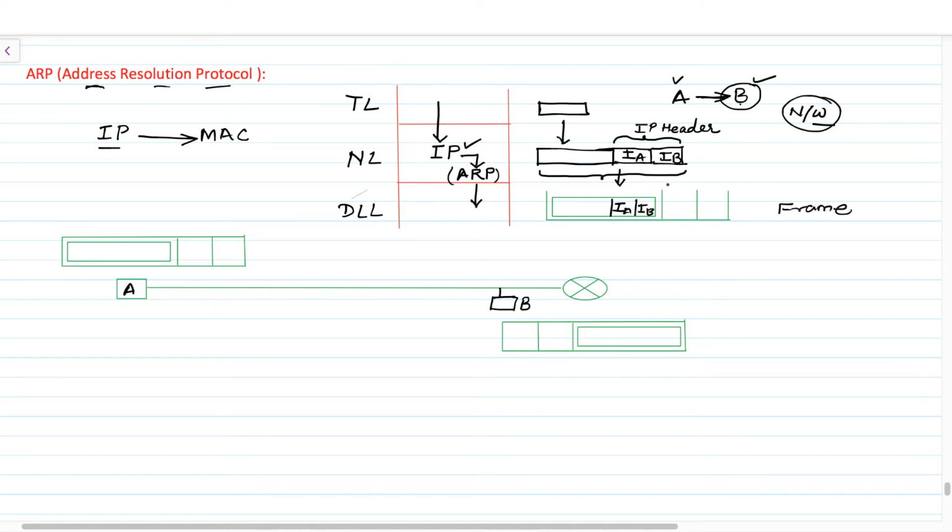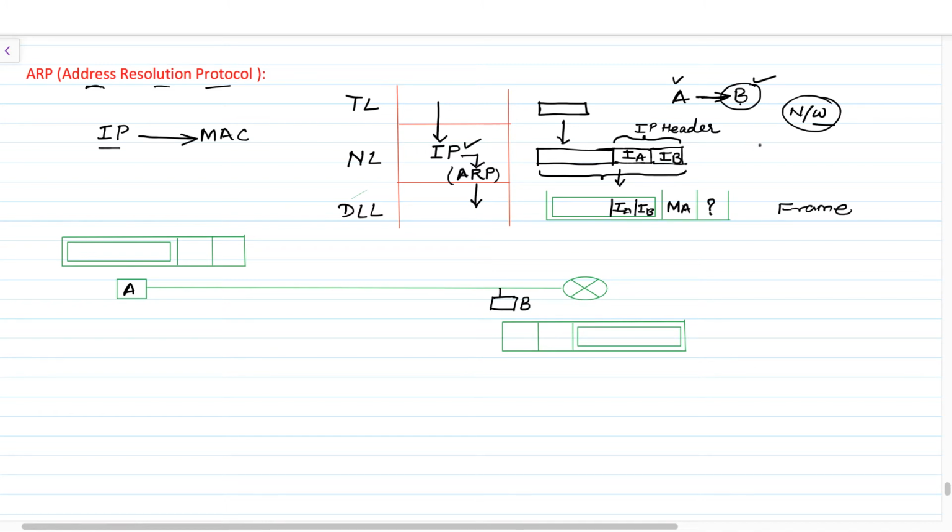In order to get the MAC address, as we are at the source end, the source knows very well its own MAC address, it is MA, but the source does not know the MAC address of the destination, because the destination may be present in the same network or in a different network. And in order to deliver the message in a single hop, a MAC address is required.